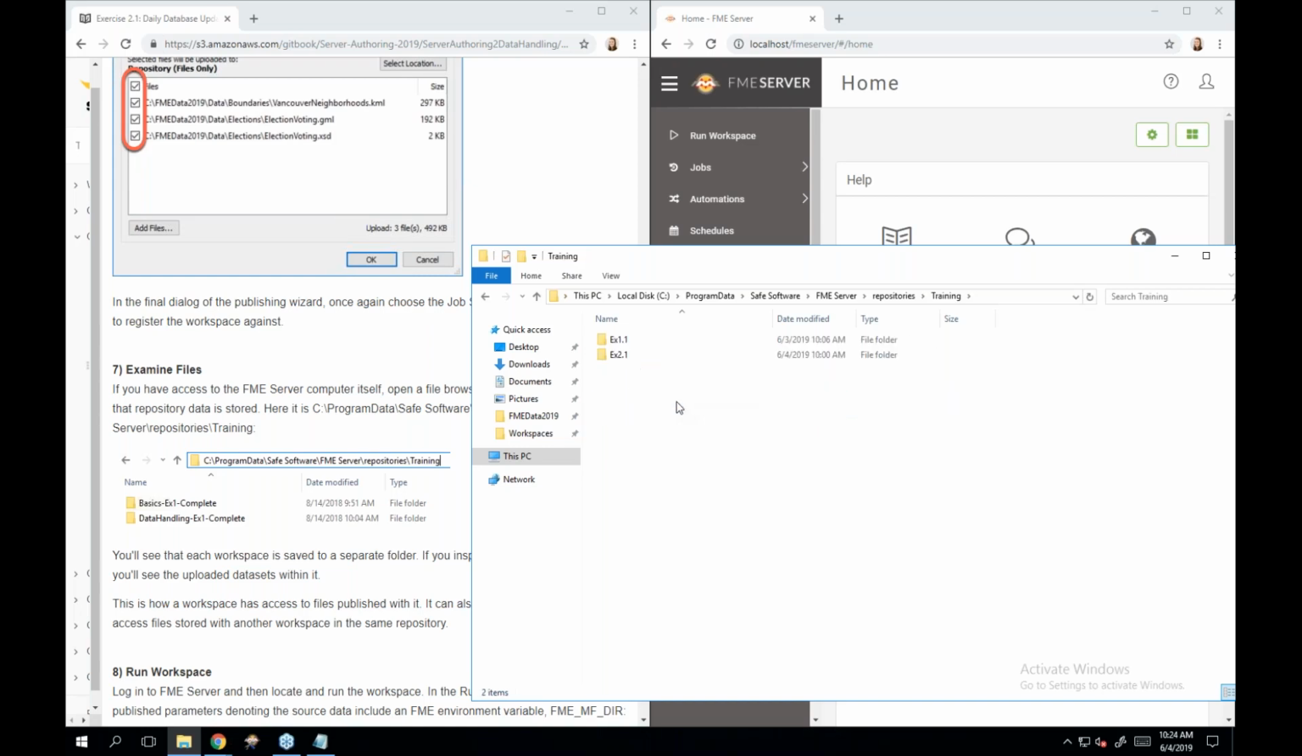So we can select training. So again, just to go back within ProgramData, that was the Safe Software folder, FME Server, repositories, and then training. And hopefully you'll see a series of different folders for the exercises that we have uploaded so far. And if you were to then go and have a look in one of these folders, you would see that